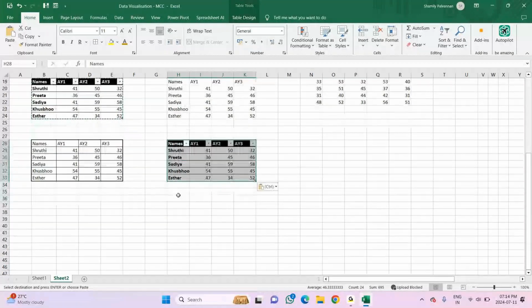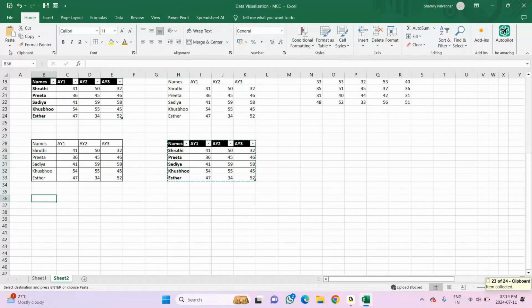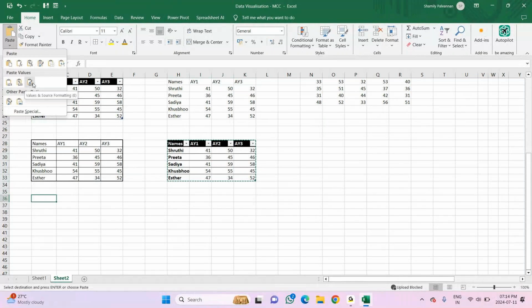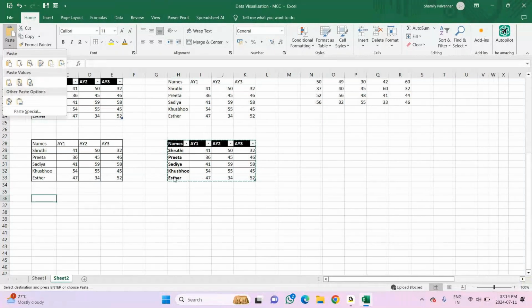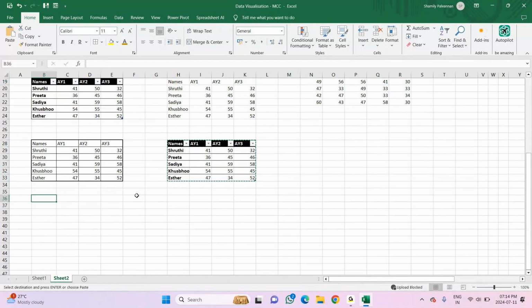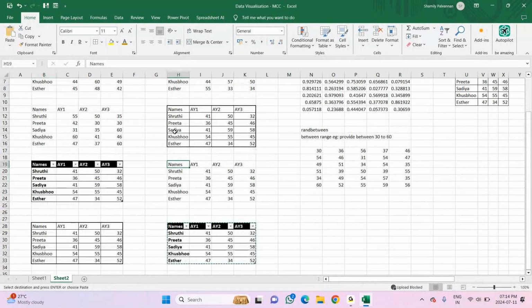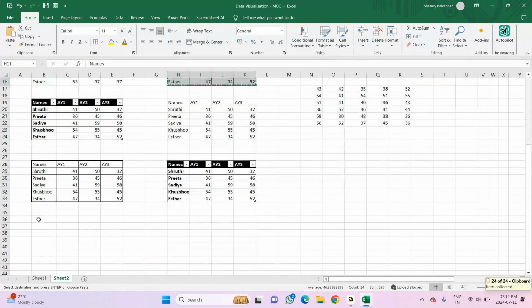So what I will do, I will copy this and paste it here. I'll choose the option here as transpose. If you see this, there is an option called transpose. Since this is a table, we do not have the transpose option here. So I will take the one which I have in a normal format, copy this. For your understanding, there is already one table here. I am just reversing it. I have to paste it here.